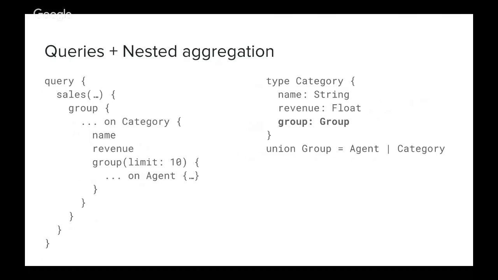So once we have an example of grouping like this, we might want to move on and group things on more than one level. So it's reasonable to say we want our agent's sales to be categorized and bucketed into some kind of a date range. And GraphQL actually allows us to create a reference, to have a child object that really is the same type as the object that you're currently on. So we have this category type, and the group field is a union containing a category